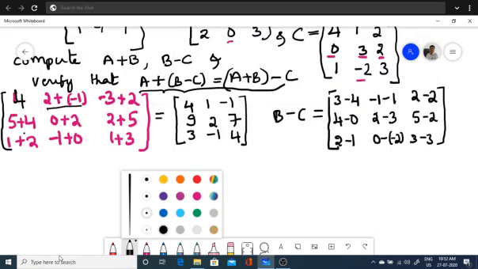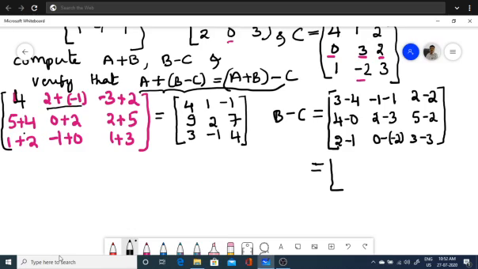So B minus C equals 3 minus 4 is minus 1, and minus 1 minus 1 is minus 2, and 2 minus 2 will become 0, and 4 minus 0 is 4, 2 minus 3 is minus 1 and 5 minus 2 is 3 and 2 minus 1 is 1. 0 minus of minus 2 will become plus 2, 3 minus 3 will become 0. So that is